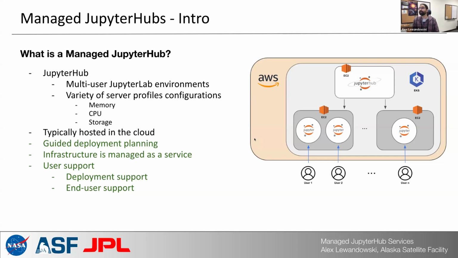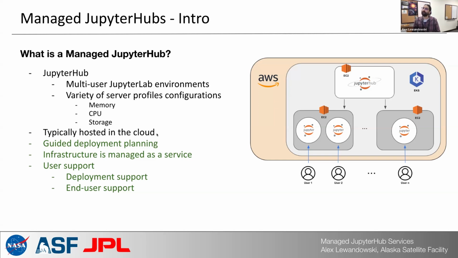So, as I've already shown a similar architectural diagram here, this is just a JupyterHub, and as I was just describing, you can set up server profiles to provide a variety of configurations, providing access to different amounts of memory, CPU, and storage. These are typically hosted in the cloud, although they don't have to be. They could run on an HPC,